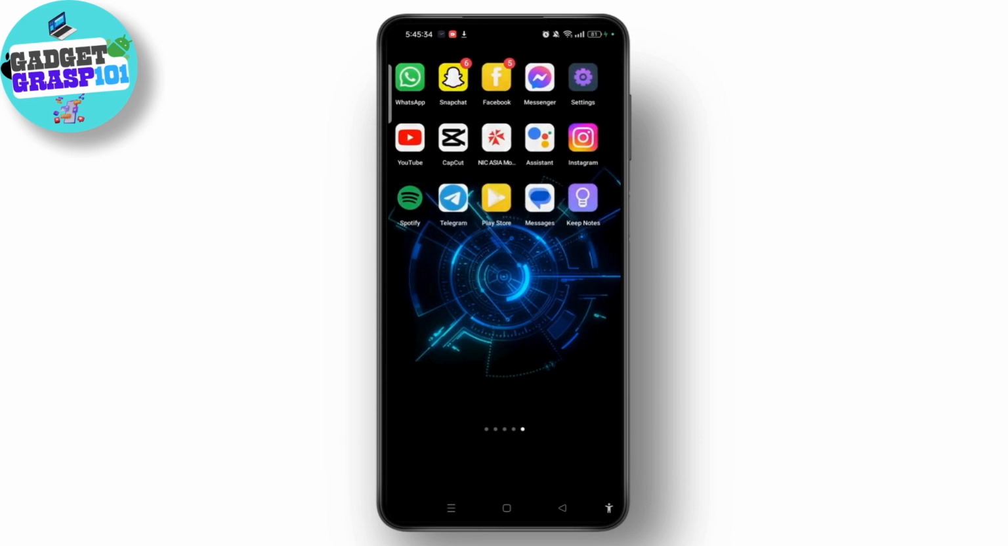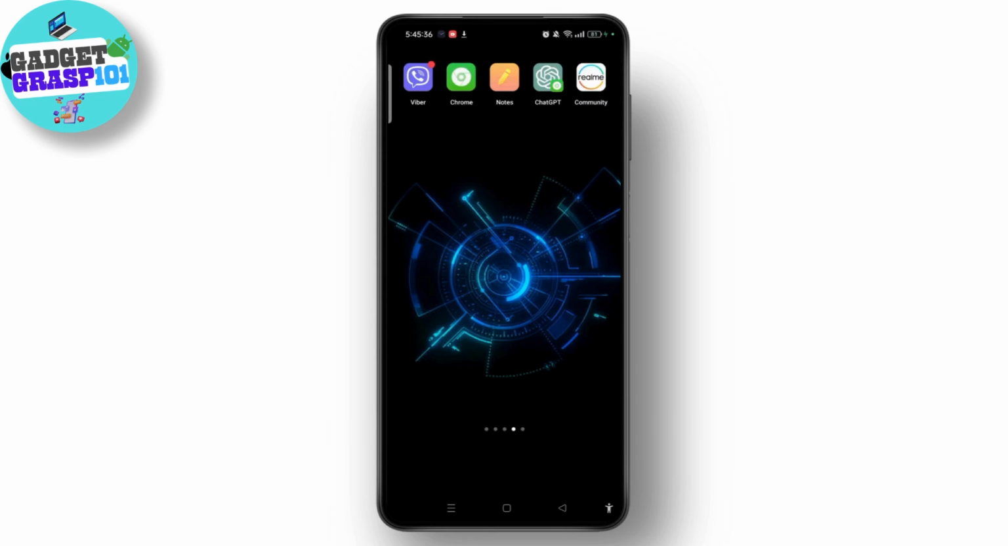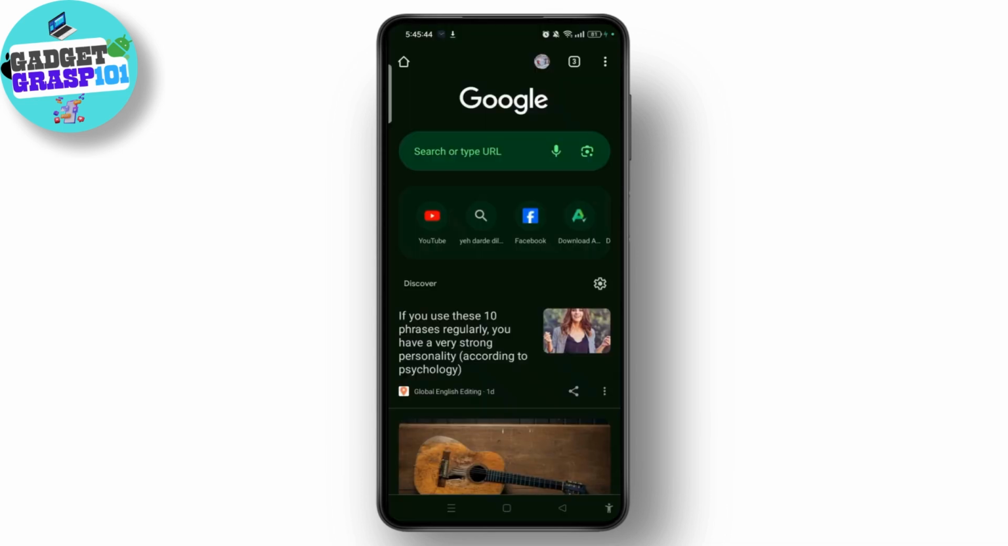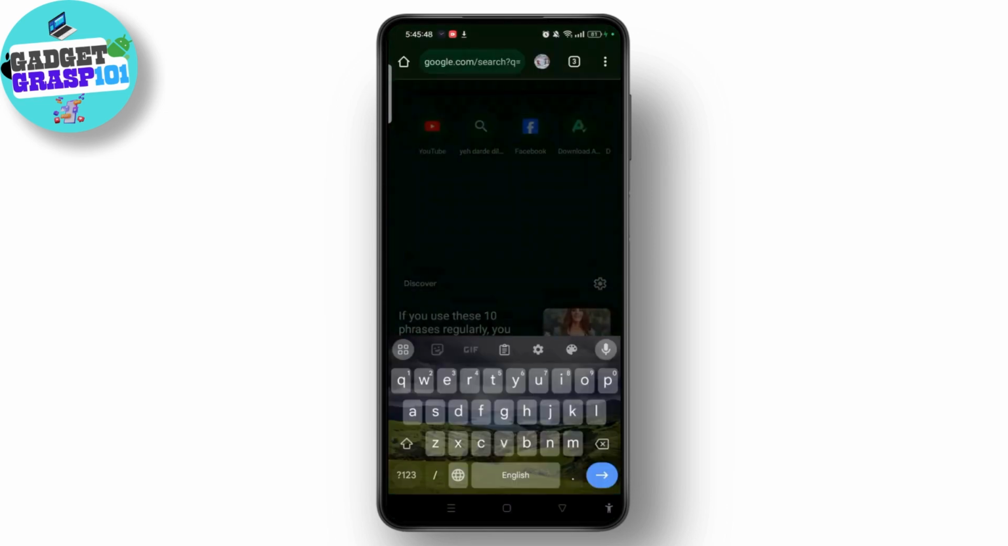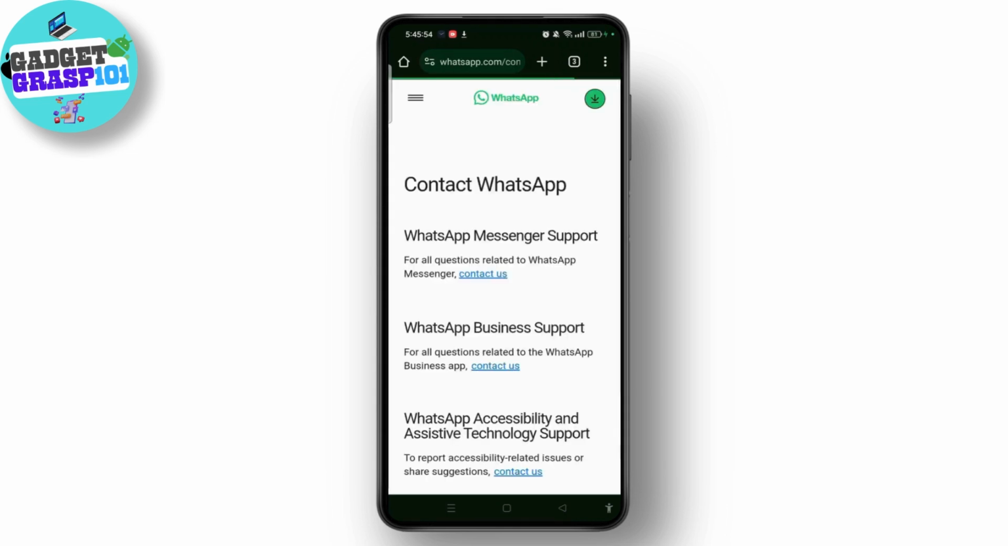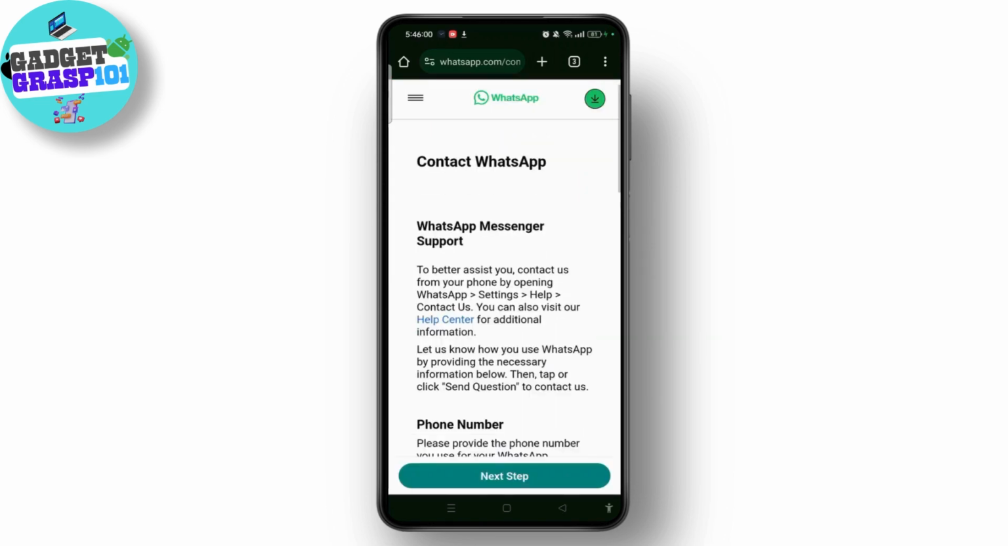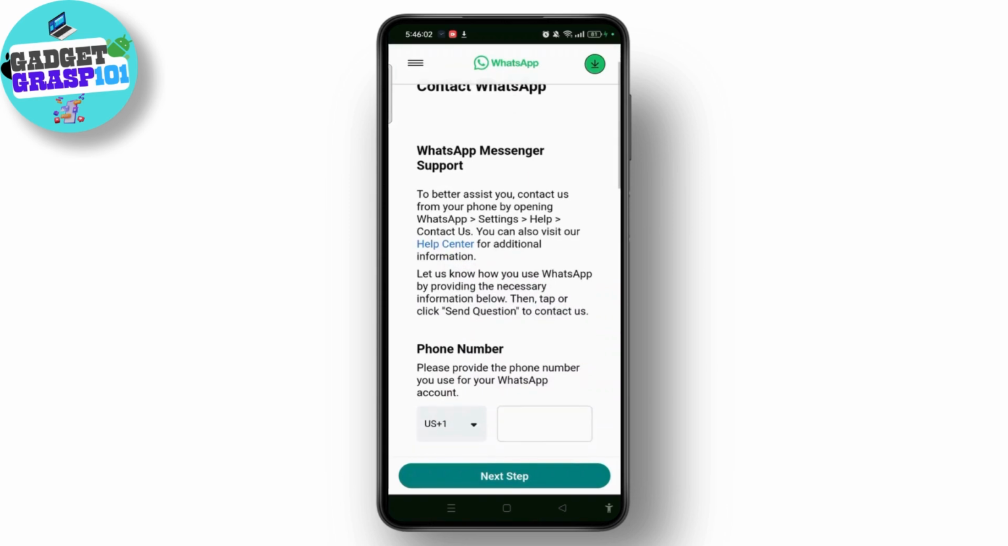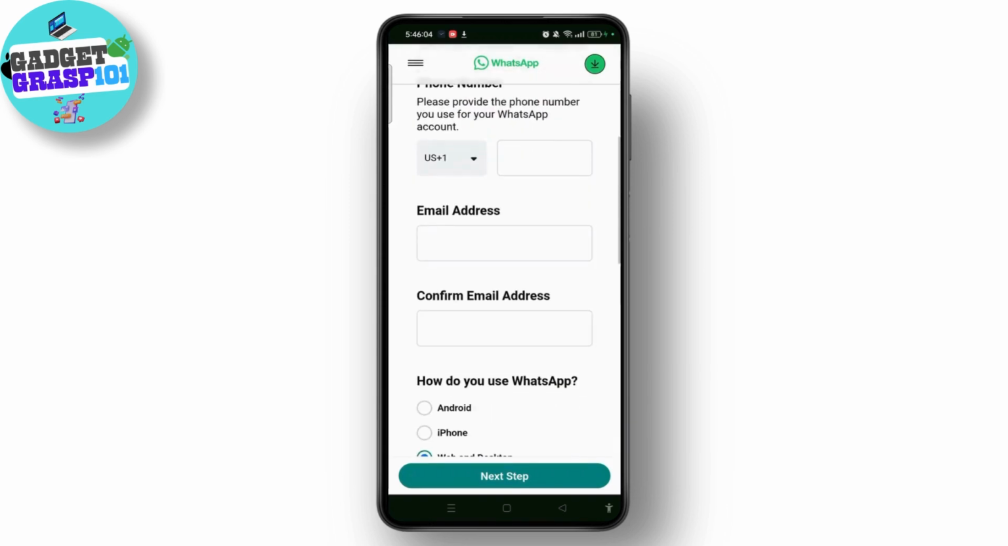For that, open any browser of your choice. Then on the search bar or web address bar, you need to search WhatsApp Help Center. On this result page, select Contact WhatsApp. On the first option only, select the Contact Us link. Then when you get access to this Contact WhatsApp page, you have to enter your phone number, email address, confirm